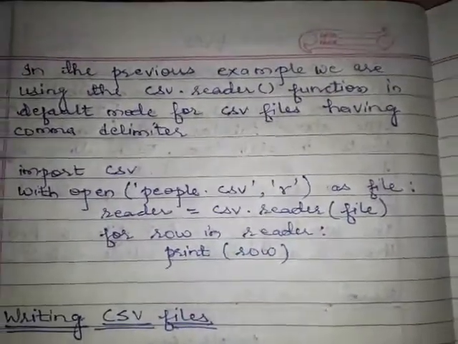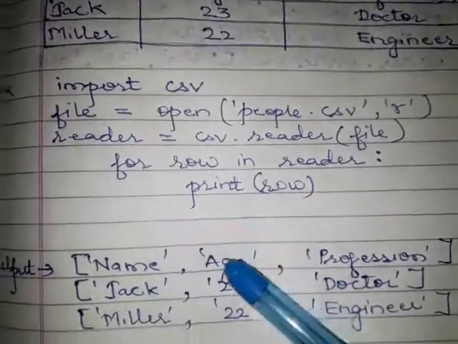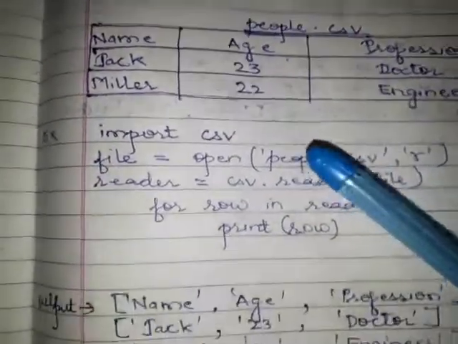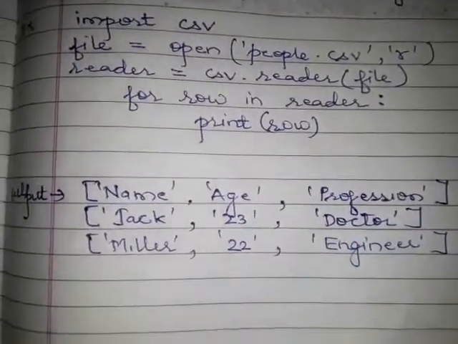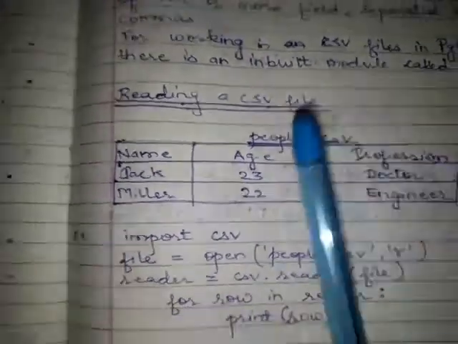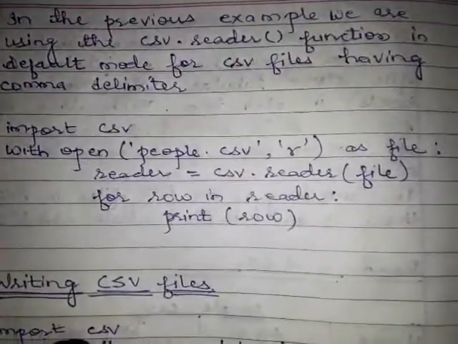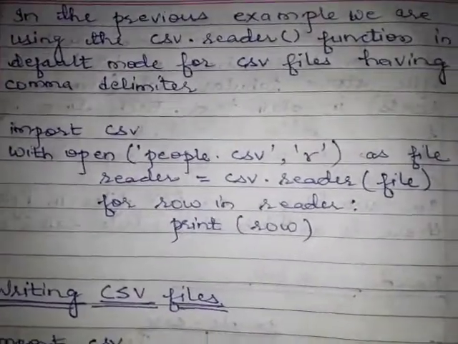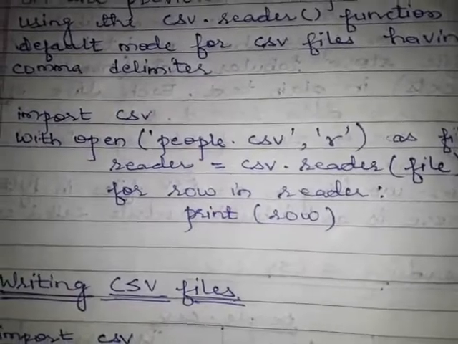This code and the previous code give the same output. You can first make this file and then run these two codes. The output of both codes will be the same, but first of all you have to create the file. If you are having a problem creating the file, you can ask me or call me. I will show how to create the file with the help of Excel.